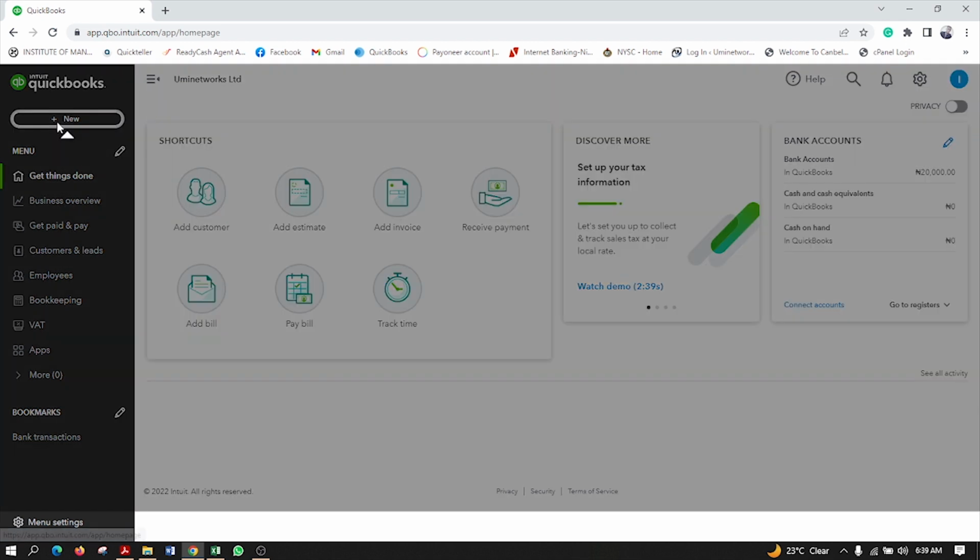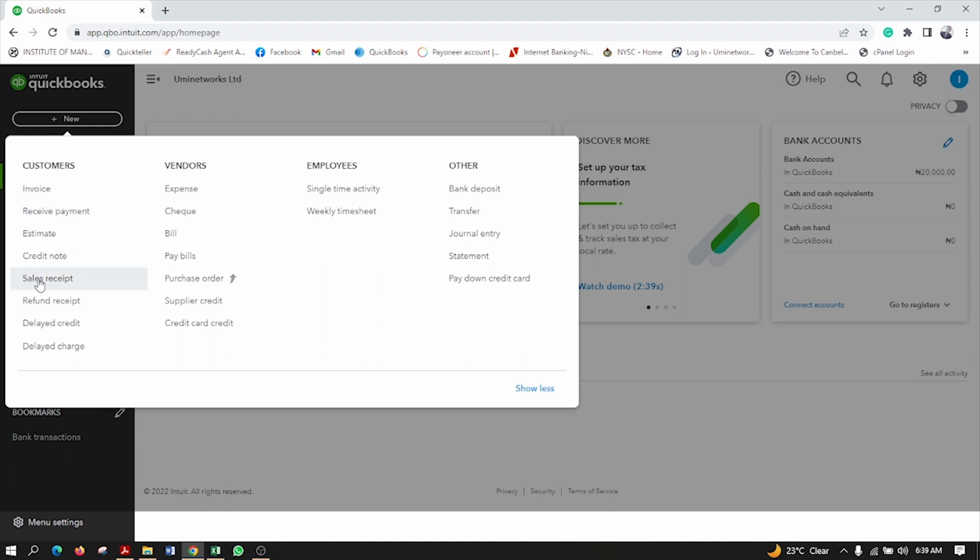So you come back to your new here, then you come to sales receipt, not receive payment, please, because we don't have an invoice for this transaction. The one we receive payment for is the one we have issued an invoice for earlier. So we are going to go with sales receipts. Once you click on sales receipts,